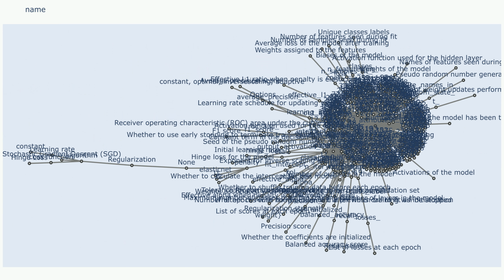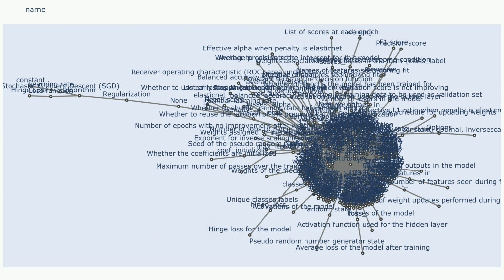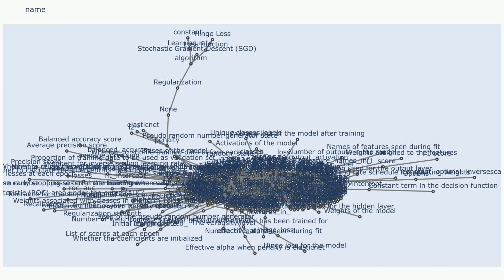YAML representation for key parameters. YAML. Perceptron. Penalty. Description. The penalty regularization term to be added to the loss function. L2 adds a squared penalty to the weights. L1 adds a penalty proportional to the absolute value of the weights. And elastic net combines both L1 and L2 penalties. Values: L2, L1, elastic net,